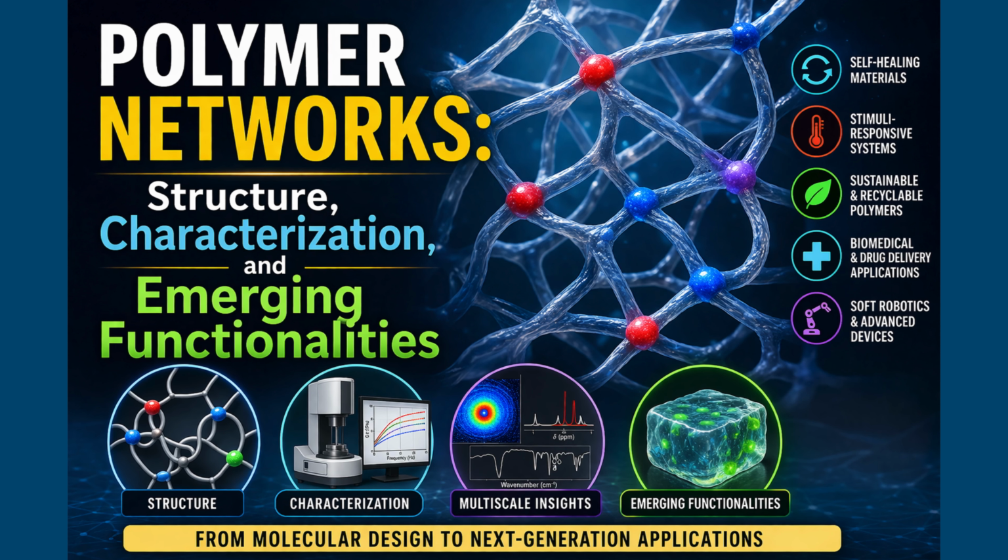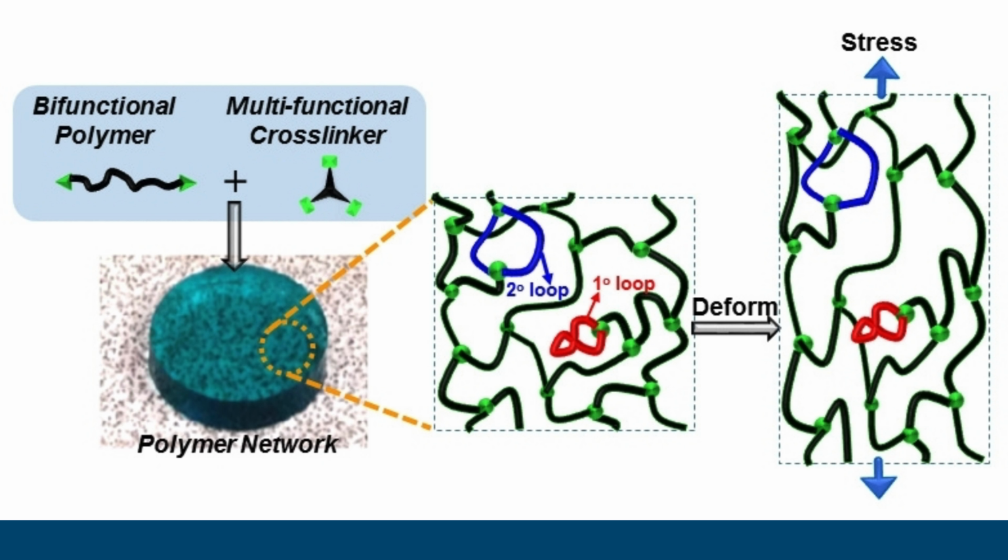This video report presents a concise overview of polymer network structure, gelation, and characterization, with emphasis on recent advances in structural control, dynamic covalent chemistry, and molecule-to-material relationships. Emerging methodologies that bridge molecular scale behavior with bulk properties are discussed, highlighting opportunities to rationally design advanced functional materials.